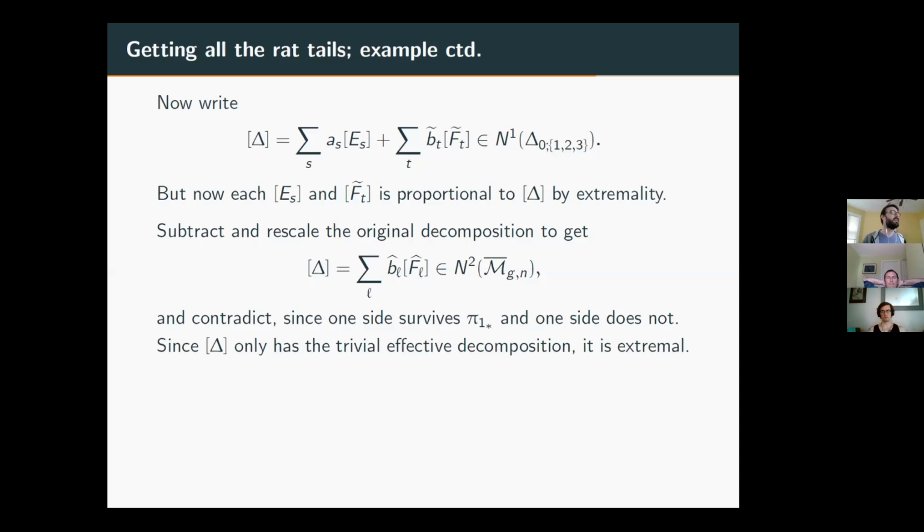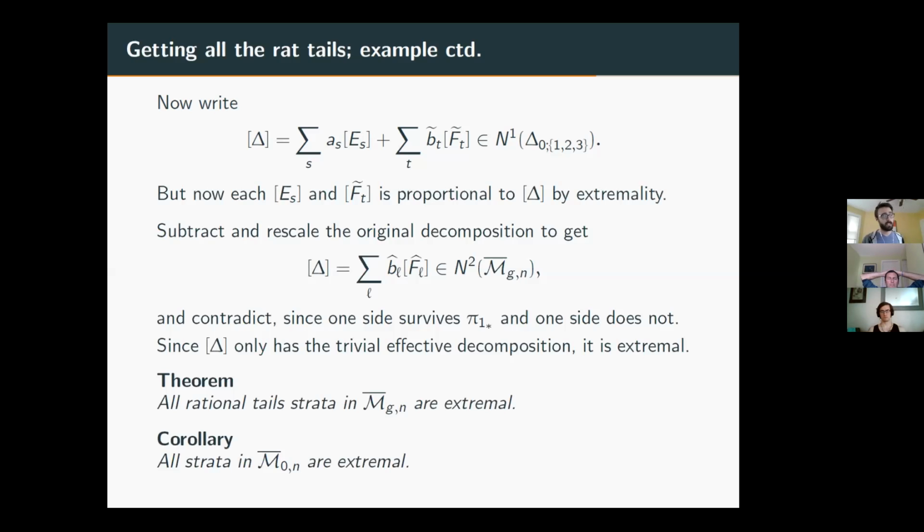Cool. So now you have to generalize this to all different cases, which gets a little harder, but is doable. And then you do a couple inductive arguments and you get everything. So theorem: all rational tail strata in M_{g,n} bar are extremal in their respective cones. As a really nice corollary, all strata in M_{0,n} are extremal, because all strata are rational tail strata. And we didn't actually use anything with the genus at any point in